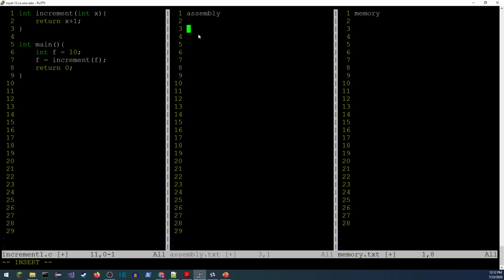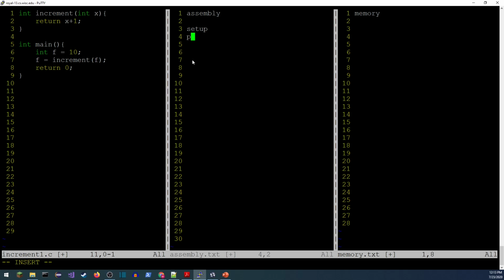I'm going to start over here in the assembly file and just think about what's been going on and sort of write in general terms. There's 5 steps involved with every procedure call. So main's going to go do some stuff. It's going to get set up. And then when we get to this procedure call line, we're going to have a setup step. And then after the setup is done, it'll actually call the function. That's going to jump up into the increment function where we're going to have 3 pieces that happen here.